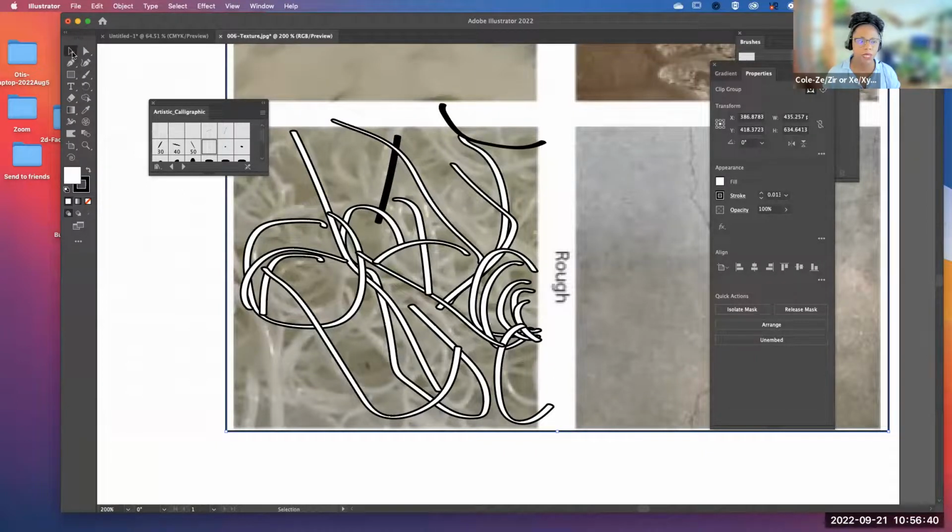Okay, so I want you to play with the tools, try to create some simulated textures using your images and the live trace and just the brush tool with a clipping mask. Okay,